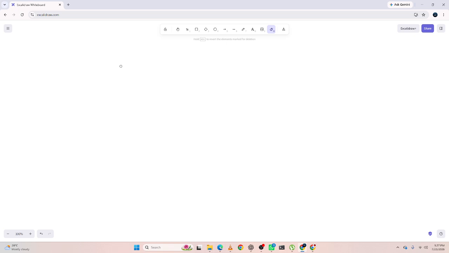The free version includes an infinite canvas, drawing tools, local saving, offline support, and real-time collaboration. While Excalidraw Plus offers additional cloud features, the standard editor remains free and open source for everyday use. And that's how to use Excalidraw for free in 2026. Whether you're creating flowcharts, brainstorming ideas, designing wireframes, or sketching diagrams, Excalidraw gives you a simple and powerful whiteboard without